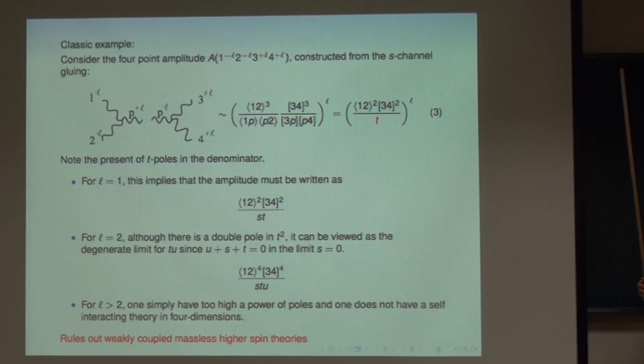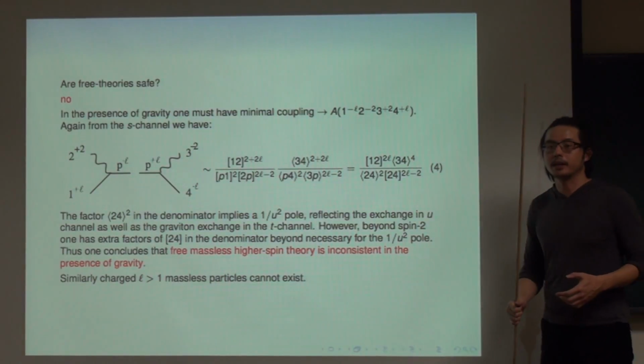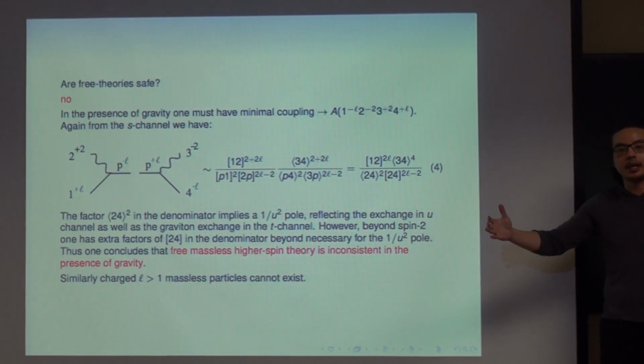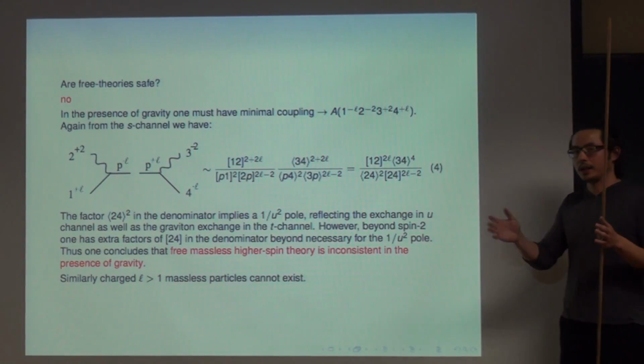Okay. Now you might say, okay, there's no self-consistent interaction of higher-spin particles, but maybe there are free particles, right? There might be higher-spin particles that are just free. They don't self-interact. Am I safe? Right? Because you can assume, let's say you have spin